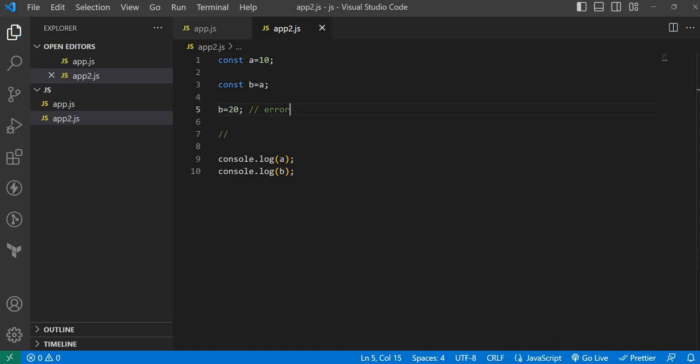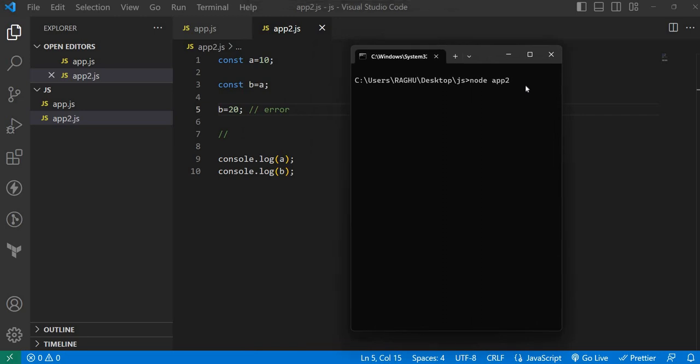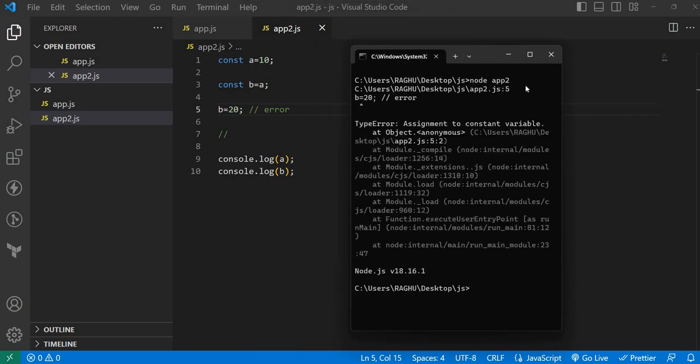Why is it an error? Cannot update const values. The value can't be changed. Very good. Whatever you understand, that is correct. That's why I'm saying: assignment to a constant variable is wrong, because once you have declared any variable with const, and if you try to reinitialize,